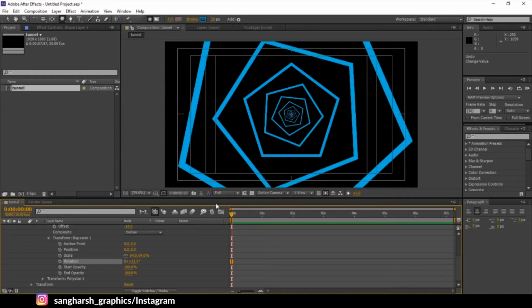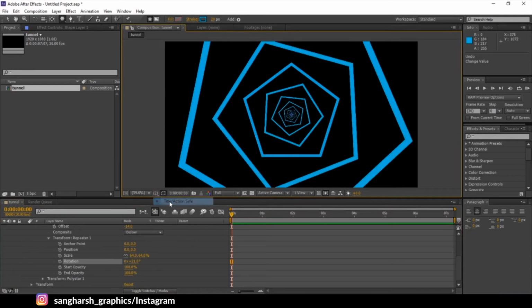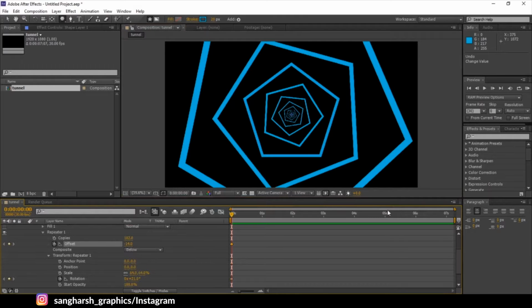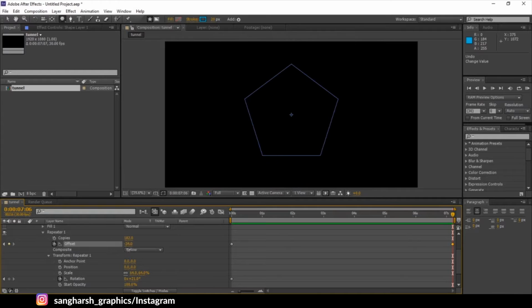So first keyframe, let's animate it. Now disable the title, save, add a keyframe on rotation and add a keyframe on offset. Go to the last frame, make the offset a little bit more negative.